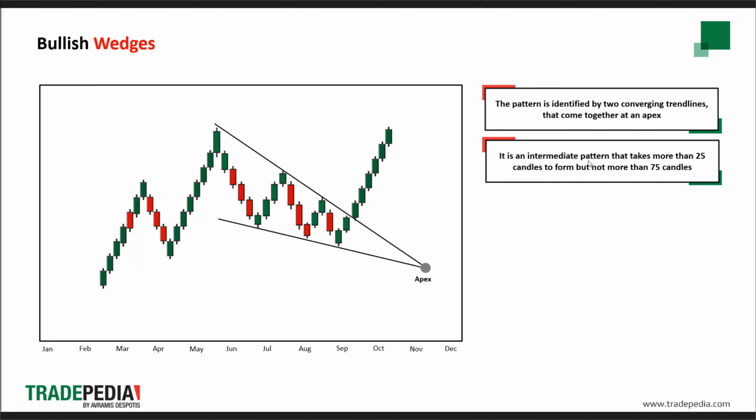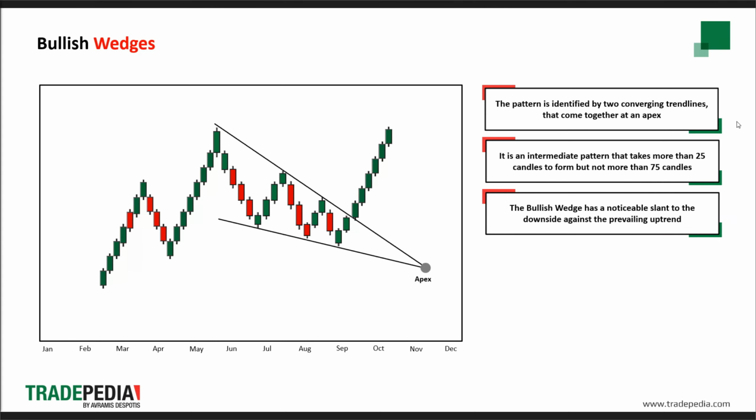Okay, so this is an intermediate pattern that takes more than 25 candles to form, but not more than 75 candles. All right. So this is also very subjective. This number of candles is subjective because it depends on the time frame that you are looking at also. So for example, if you are looking at a daily time frame forming this bullish wedge, then after that, you narrow it down to the H4 time frame. So there will be more candles inside